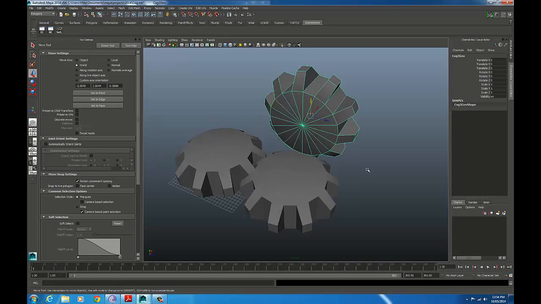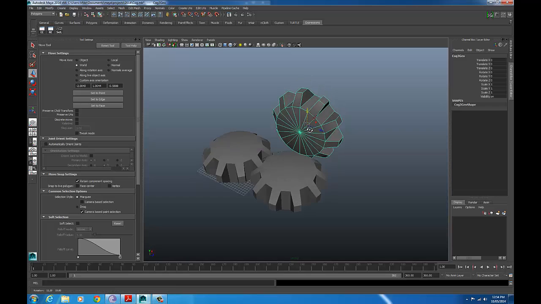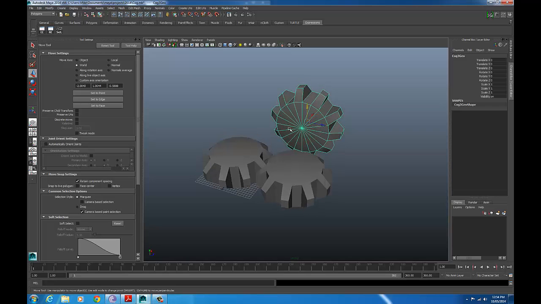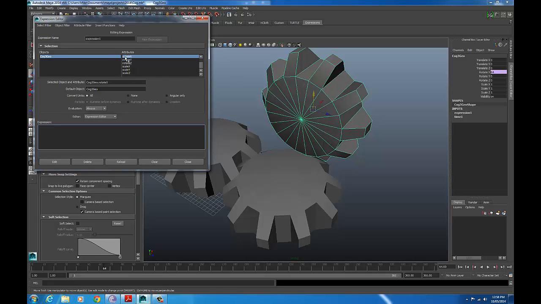So I've just duplicated one of these cogs and flipped it up on its side, called it cog3, and deleted its history and freeze transformations on it. I'm going to make this one rotate using an expression again based on cog1. So rather than link it with nodes, we'll link it with an expression. So open the expression editor. So with cog3 geo selected, and we want to rotate x value,